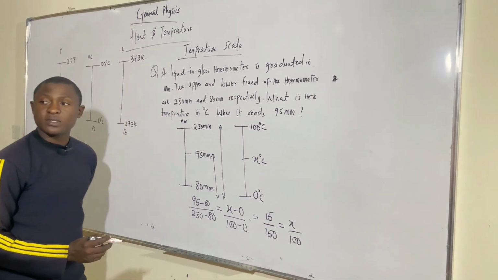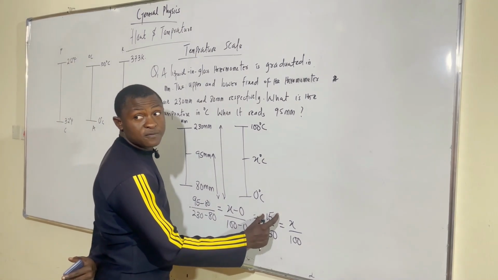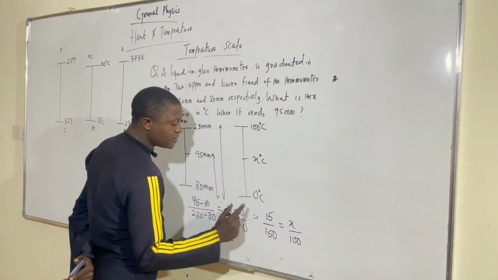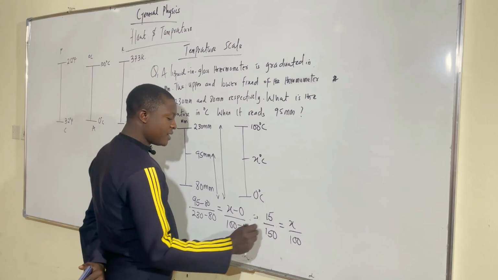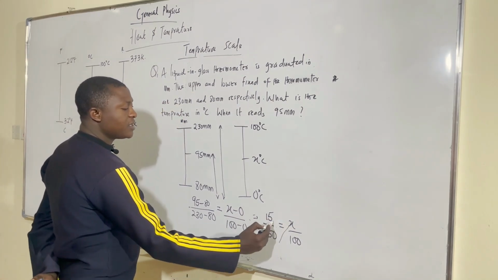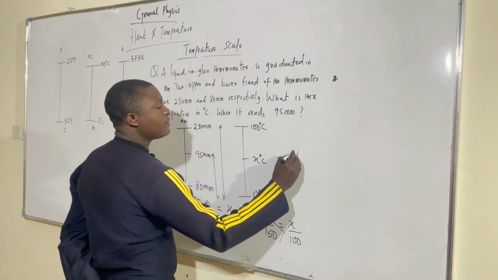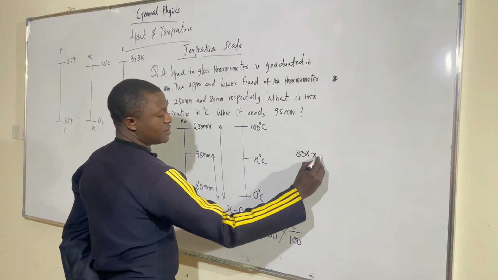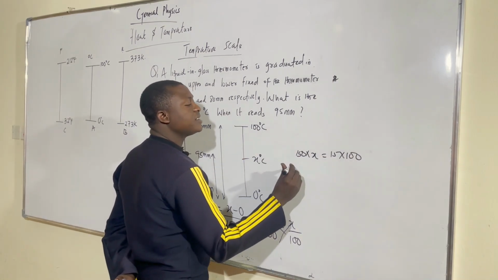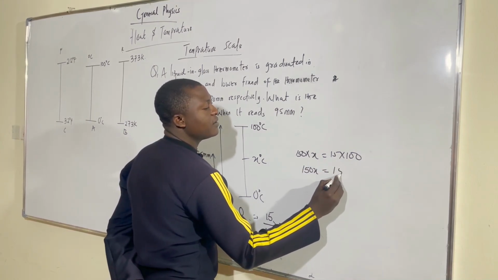Let me come again so that you can understand this one very well. 95 minus 80, of course, we are going to have 15. Then 230 minus 80, we are going to have 150, x minus 0, and we have x. 100 minus 0, we are going to have 100. So if I cross multiply here, that is 15 will multiply 100, then 150 will multiply x. So here we can have 150 times x is equal to 15 multiplied by 100. So here 150 times x, we are going to have 150x is equal to 15 times this, and we have